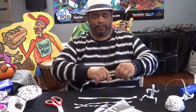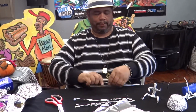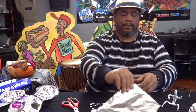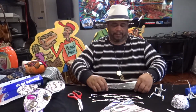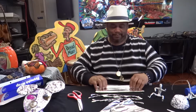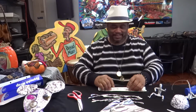So again, I'm going to fold these, make these strips. I'm going to make one more set of strips before we put our person together. So today we're going to make a person first, my way, Duarte's way. And so I'm folding this foil. Of course you can go buy wire, but the idea of using this foil really gets me going